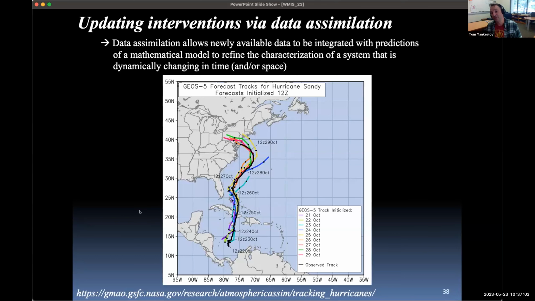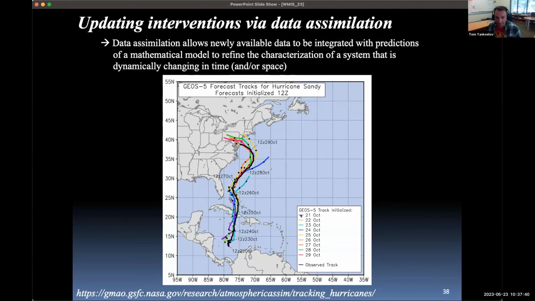This is a really famous example of this technique. So this was Hurricane Sandy, which was, I believe, 2012. And so this was a big deal, right? This was a really big deal also from the point of view of weather forecasting, because 72 hours before this hurricane made landfall, the prediction of where the hurricane eye was going to hit was correct within 72 miles. And so that was an enormous leap forward in predictive accuracy. And you can imagine that that would be extremely important if you're trying to evacuate 15 million people from the Northeast corridor here. And so all these little lines correspond to different predictions made at different times.